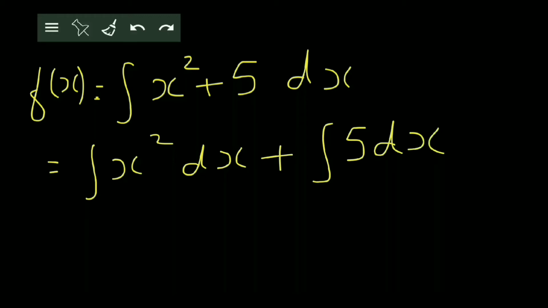And then the integral of x square. You know the formula for x raised to n by now. The integral of x raised to n is x raised to n plus 1 upon n plus 1. So this becomes x raised to 2 plus 1 upon 2 plus 1. So here it becomes x cube upon 3. Okay, let me write the 3 properly.